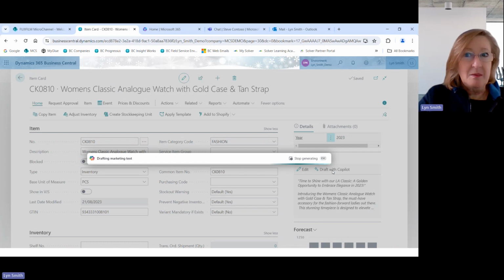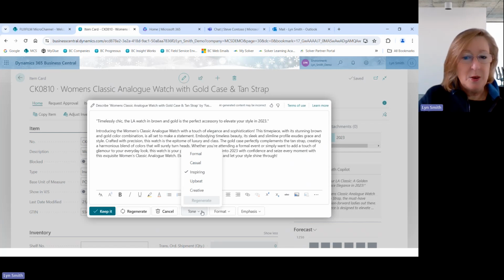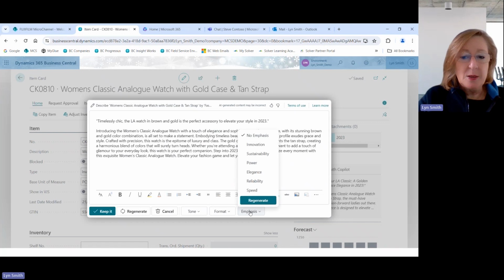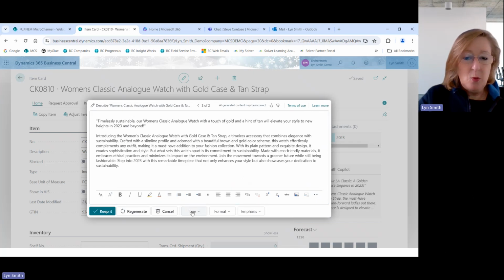Now, as we know, if you've got lots of new products, it's going to take a lot of time to do this, especially when your products are very, very similar. In this case, we can use Copilot to do that. It will also say to you, well, what kind of tone do you want to actually use? And I might say, well, like a formal message. What kind of format do I want? Just a tagline, a paragraph, in this case, a tagline and a paragraph. And what's my emphasis? So let's look at sustainability, and we can regenerate. So it's now taking all that information plus all the different formats that I wanted down here, and it's now come back with our description.